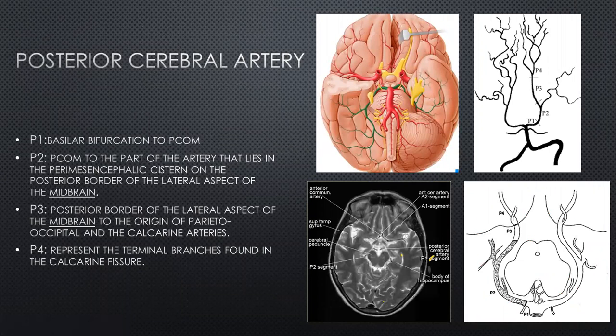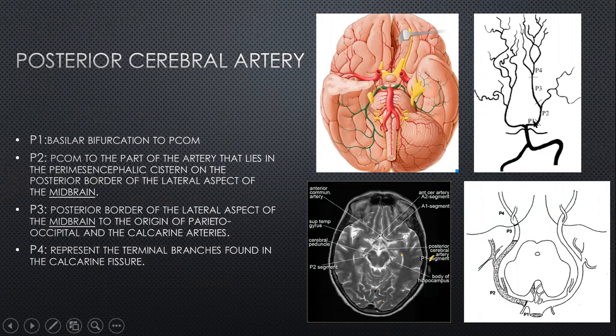Finally, moving on to the posterior cerebral artery now. The posterior cerebral artery arises at the basilar termination, as we have looked at, and some of its contribution also comes from the PCOM. And we have looked earlier on how the PCOM actually perfuses the top of the brainstem up to the early mammals. It's only in later phylogeny that the PCA and the basilar termination get antegrade flow from the vertebral arteries.